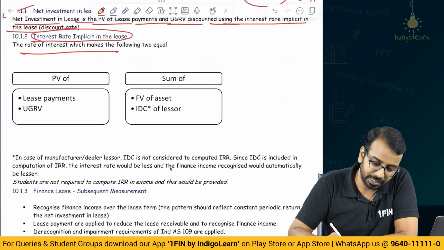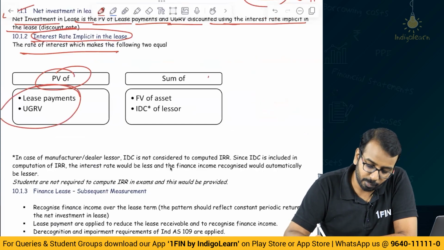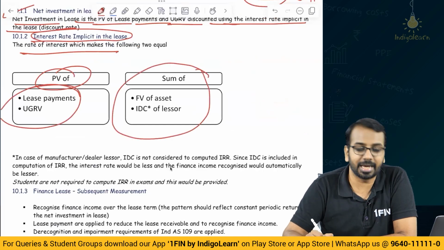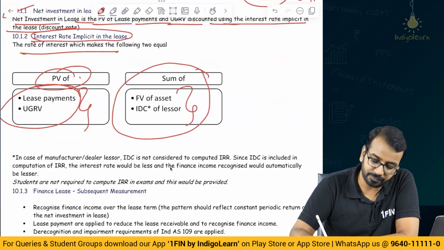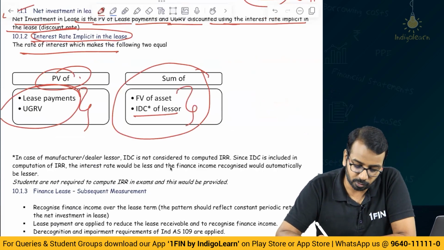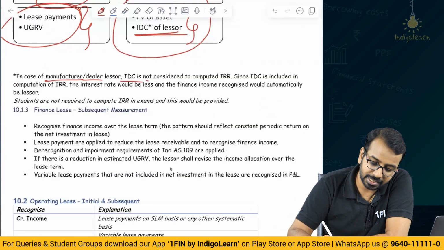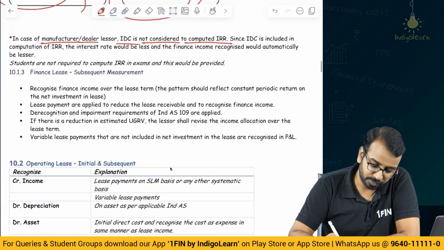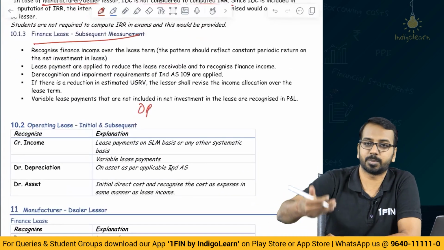Interest rate implicit in the lease is the rate at which the present value of lease payments and UGRV makes the sum of fair value and initial direct cost of the lessor. Meaning to say, the present value of these two should be equal to the fair value of the asset plus initial direct cost of the lessor. Small thing, in case of a manufacturer or dealer lessor, IDC is not considered to compute the IRR. Subsequent measurement of finance lease, as I told you, you will have opening balance plus interest minus payments and the